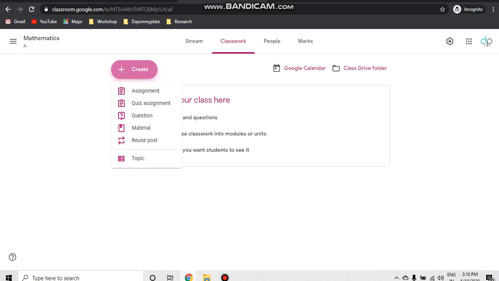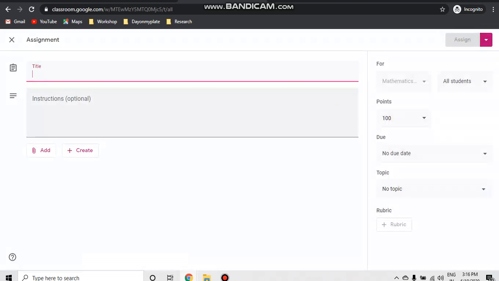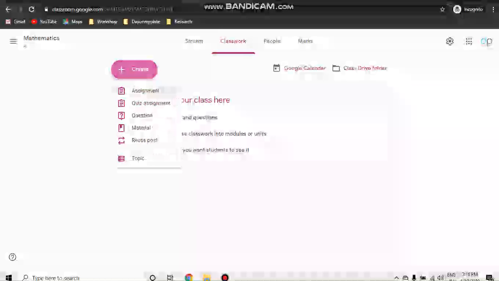So if you want to give one assignment, you can click on the assignment and you can give the assignment title, instruction and the assignment question which you have prepared in some document like either PPT, Word or PDF, that you can add by clicking on the upload file, or you can use any YouTube or Google Drive or link, anything you can use. So this is the assignment section.